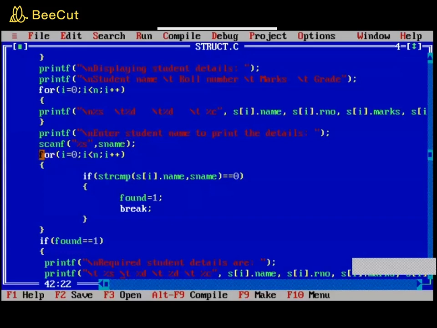Now what is the logic you have to do? You have to go and search this entered name in the whole list of details which you have entered. Like you have entered 5 student details, now it should go and check each student's name with the name which you have entered now, and it should match. If it matches, that student's information should be displayed. If it doesn't match, of course it should print that no match found.